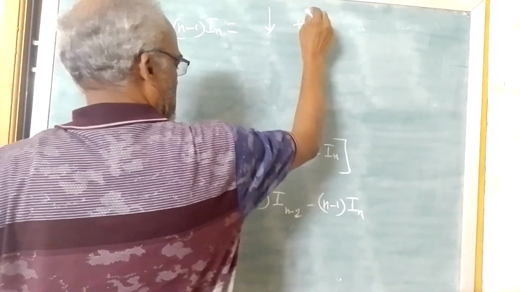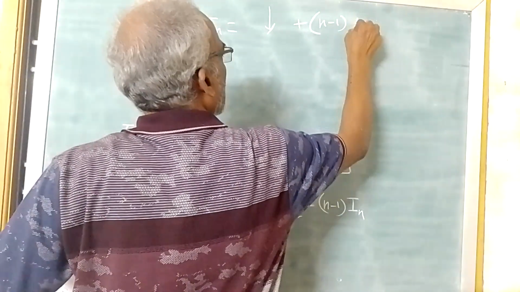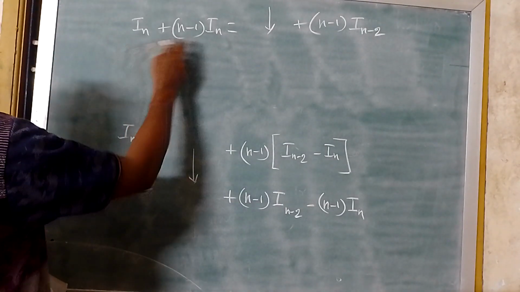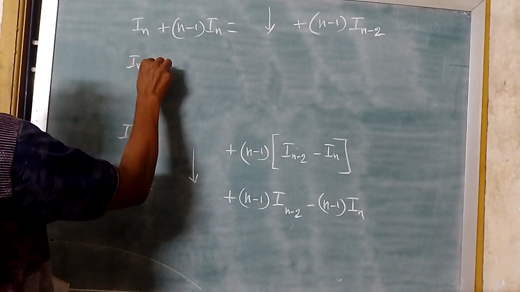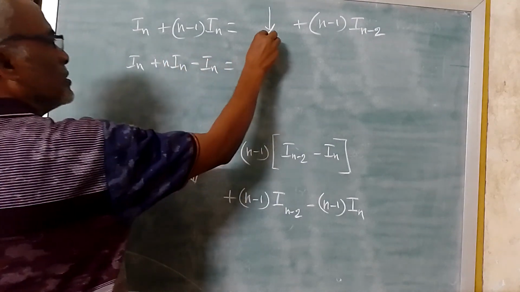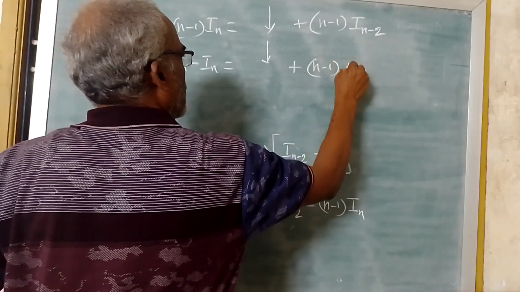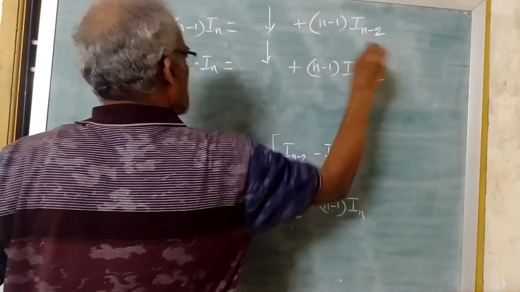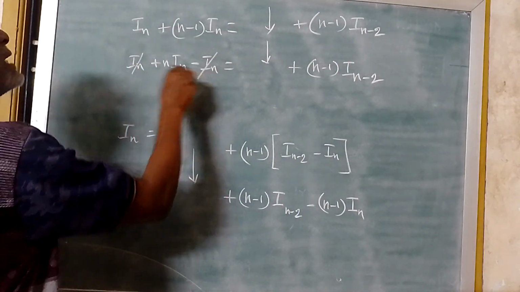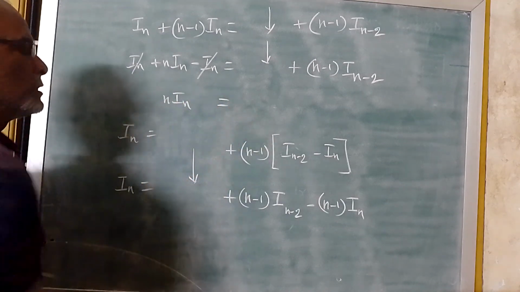Second term will be plus (n-1) into I_(n-2). Now this I_n plus nI_n minus I_n is equal to, this term will be as it is, plus (n-1) into I_(n-2). Now if you see I_n gets cancelled. Now nI_n is what? nI_n is equal to